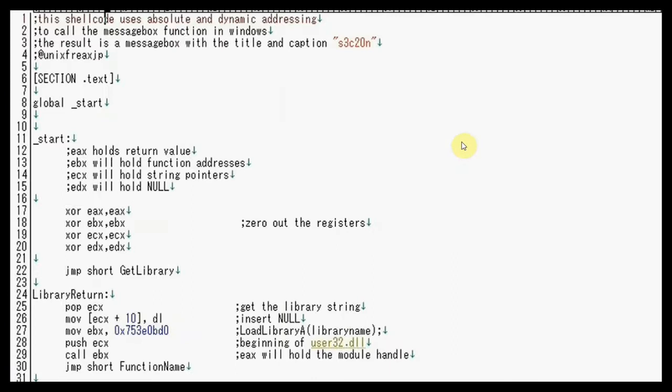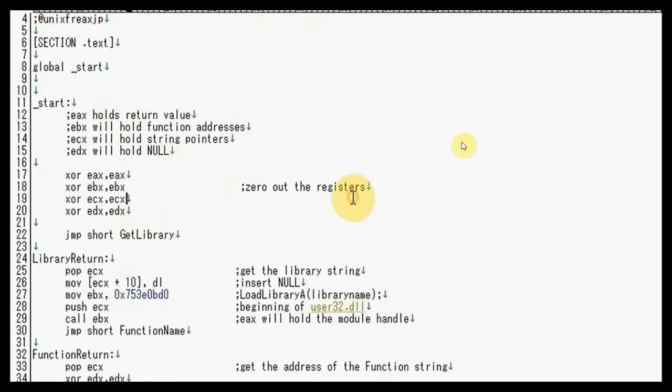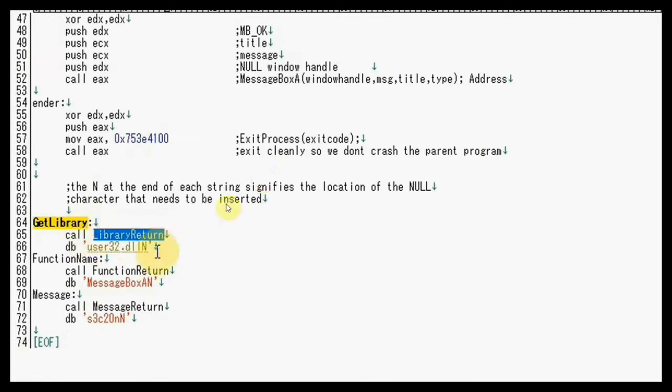So as explained in the plan, in this video I will explain the easiest way to get the desired libraries using the absolute calling methods. In this case, we are using LoadLibraryA, which will be called through the absolute address, and afterward we are using ExitProcess, and many of them are using absolute address calling,